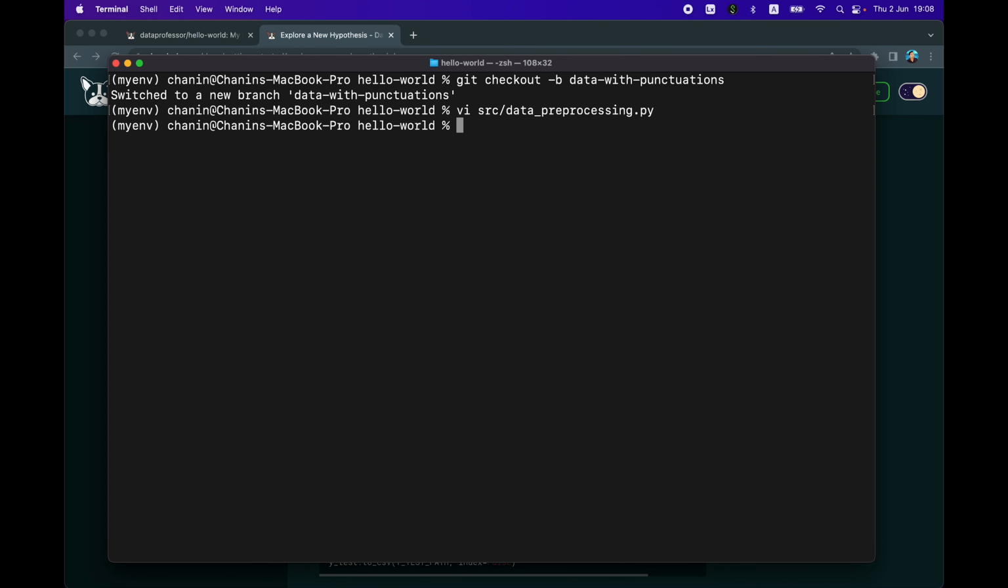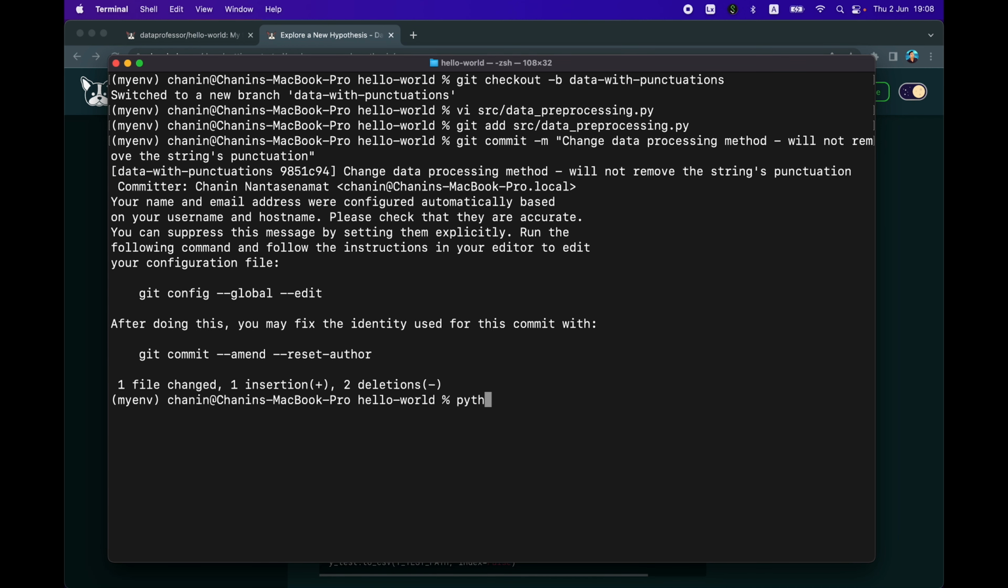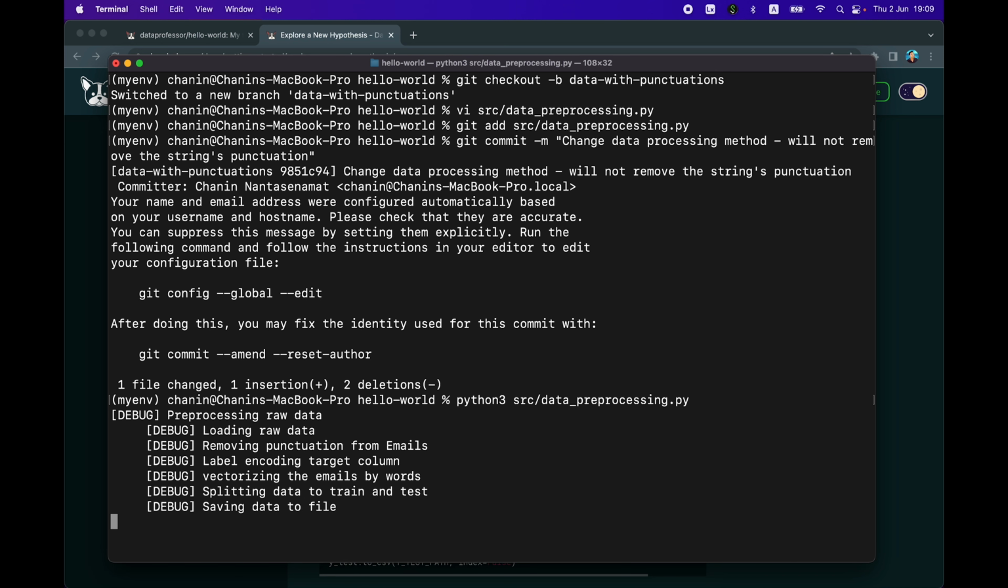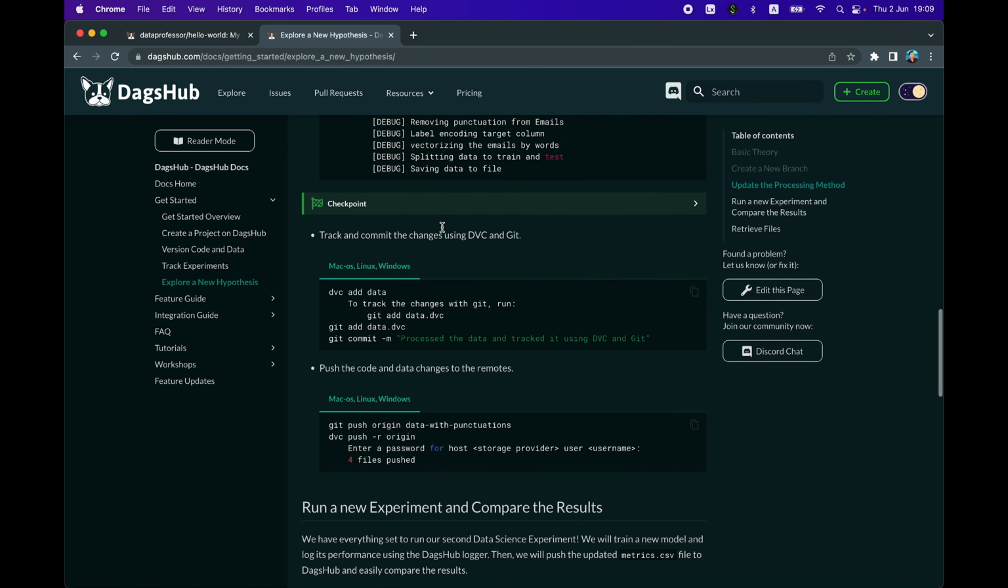Now we want to track and commit the changes with git add src data preprocessing.py, git commit. Change data preprocessing method will not remove the strings punctuation. And let's run it. Data preprocessing.py. All right, it's finished. So we could proceed now to